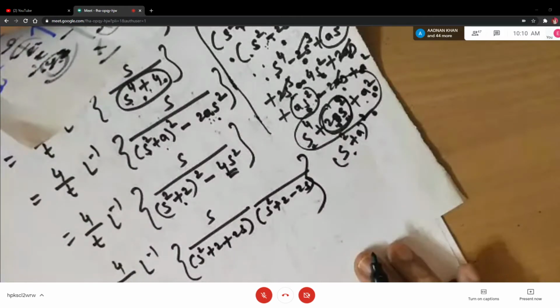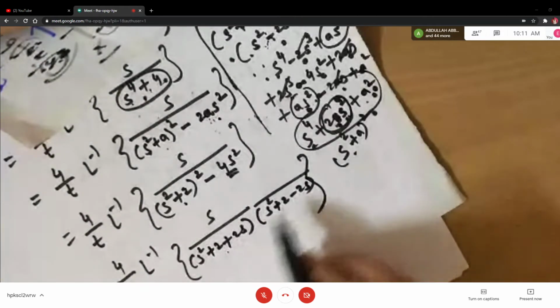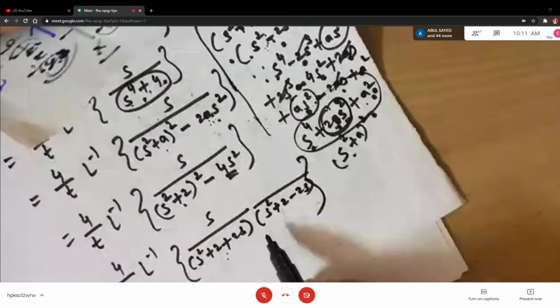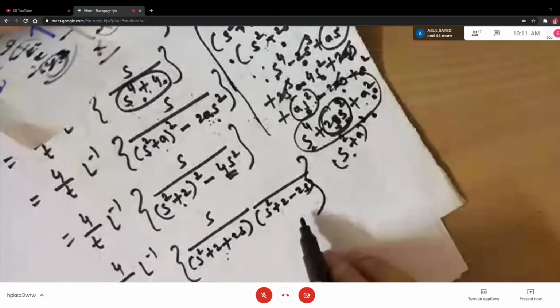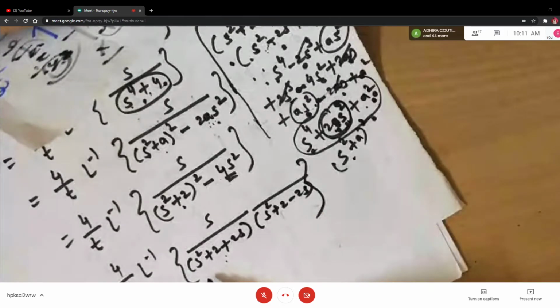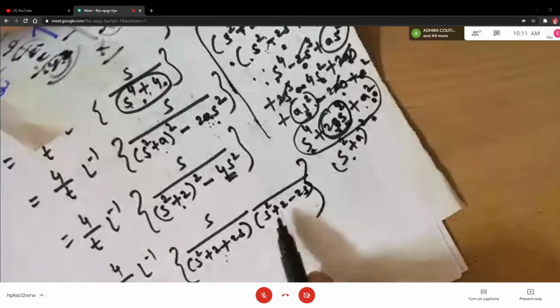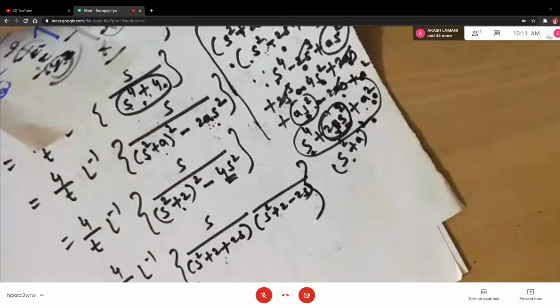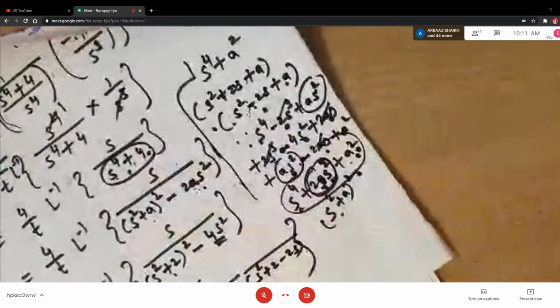So instead of telling you to directly remember this formula, because for other problems you can directly memorize this formula for the substitution, I was trying to tell you from where I'm getting this substitution. So if there is a case of s raised to 4 plus a raised to 4, then remember it as s square plus a plus 2s, s square plus a minus 2s. In place of 2 you have a in general. Ma'am, now it can't be found by partial fractions? Yes, correct. And after this you are going for partial fractions, and for that only we wanted the factors, because if you keep this as it is, it will be difficult to find the L inverse, no?